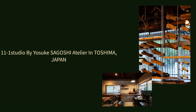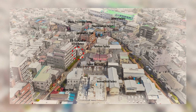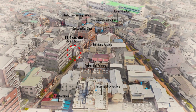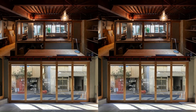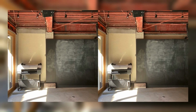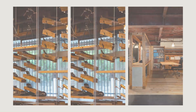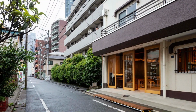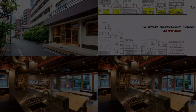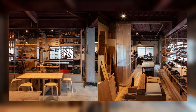11-1 Studio by Yosuke SAGOSHI Atelier in Toshima, Japan. 1. Outline. 11-1 Studio is a renovation project of the ground floor, factory, office, and garage of a steel-framed three-story building, which was a factory and residence in a corner of the factory district in Ikebukuro, Tokyo, into a small complex consisting of an architect office, a share workshop, and a share cafe. And the architect himself will live in and operate it with the concept of alternatives to be shown in the